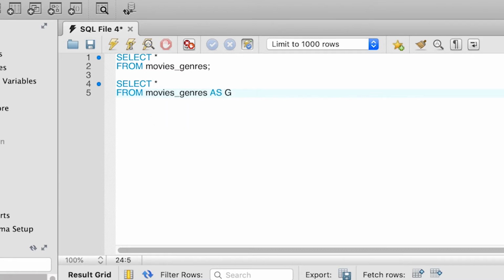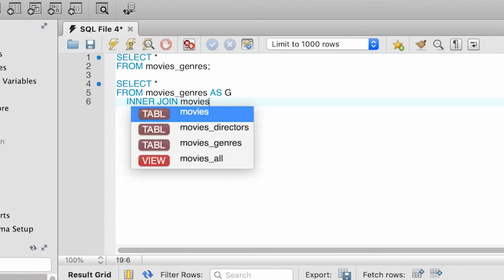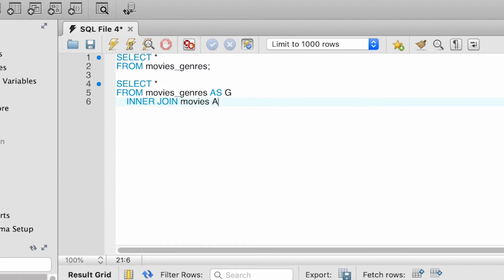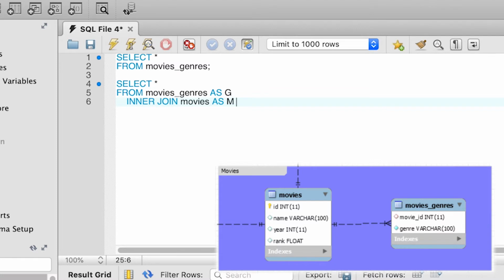Now we're going to join, so we write inner join, and then the table movies that contains the information about these movies. Let's call this table M, so we put as M to give the alias here. So our query is select star from movie genres as G inner join movies as M.